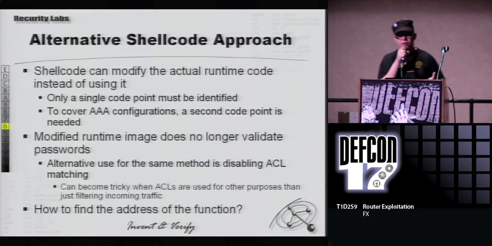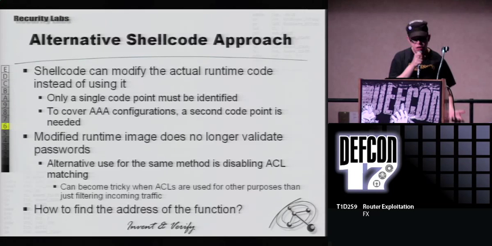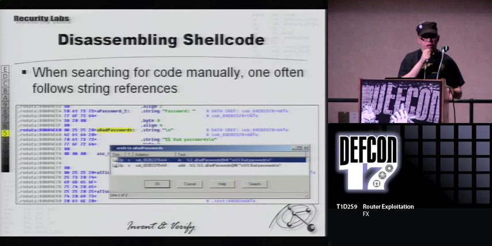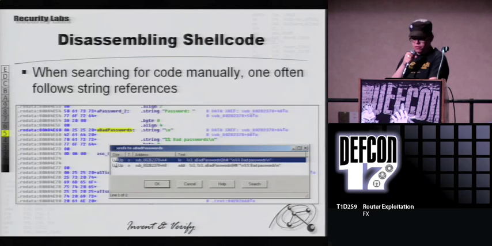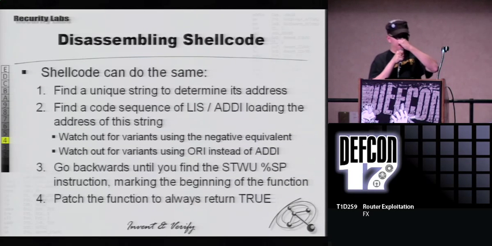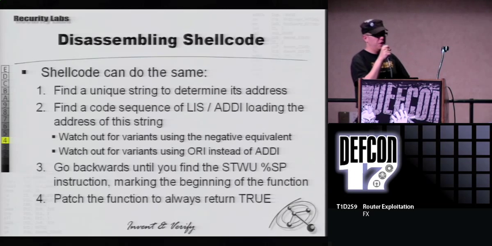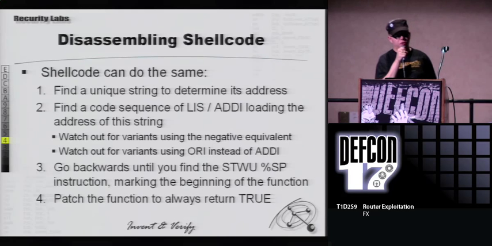Now, what is this? You only need one single code point that you identify, which is potentially the one that says password wrong. So what you do is you do exactly that. When you do it by hand, like when you open an iOS image and want to patch it, you find a string and then you cross-reference that string into memory where it is accessed. Well, you can do that in shellcode too. So shellcode goes ahead and finds a unique string that you provided, and then parses the entire code section and